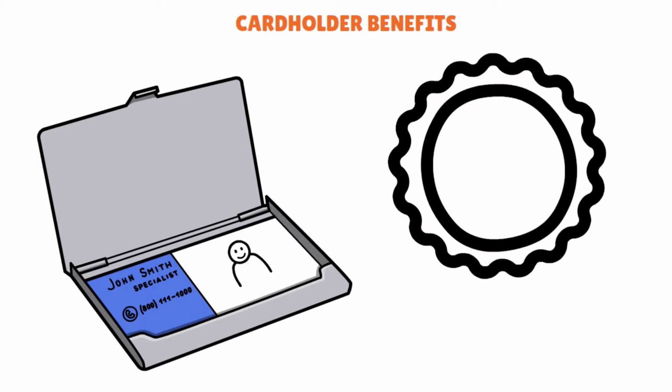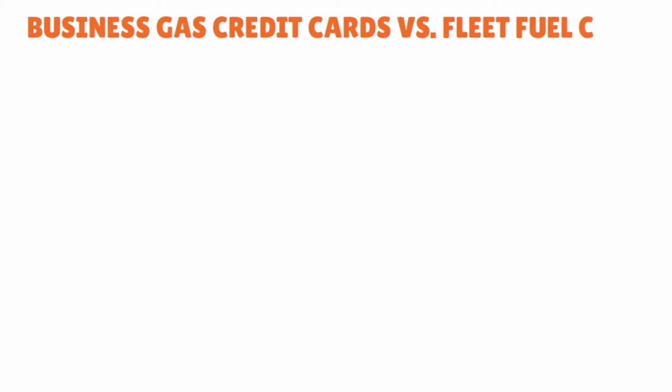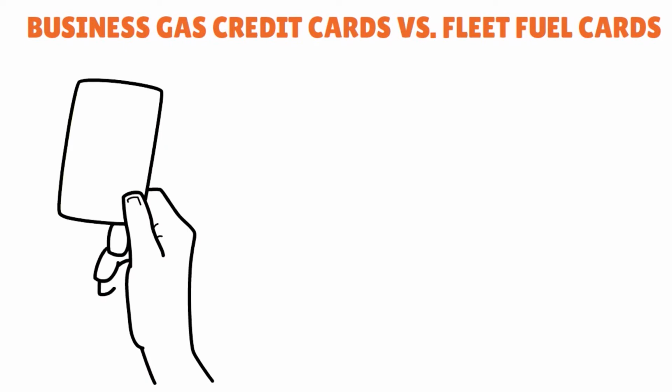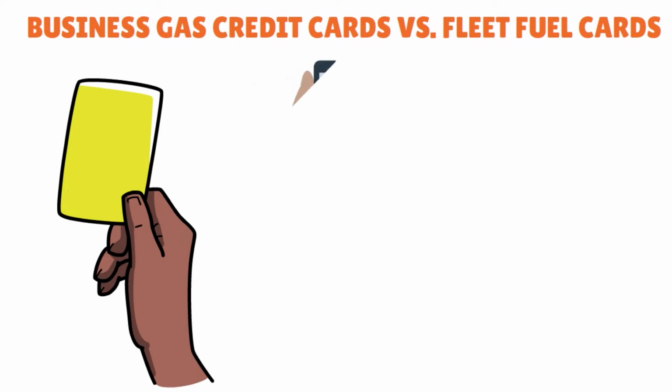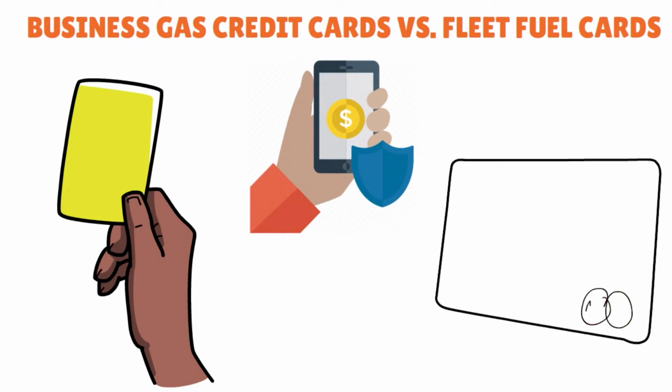And I just want to quickly clarify business gas credit cards versus fleet fuel cards. This is something that we have seen during our research. We've seen a lot of people confuse those two terms. So while the gas cards for business on our list that I'm going to talk to you about today are great ones, you may want to look into fleet fuel cards if you own a transportation company with a lot of employees, because while fleet fuel